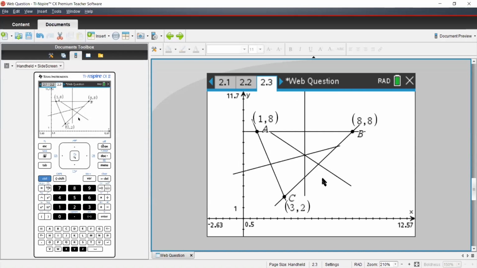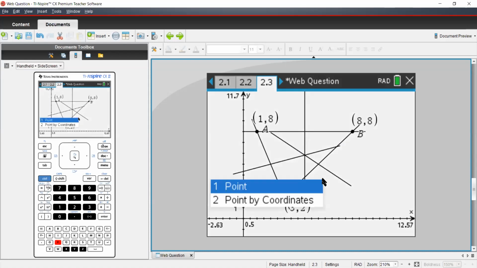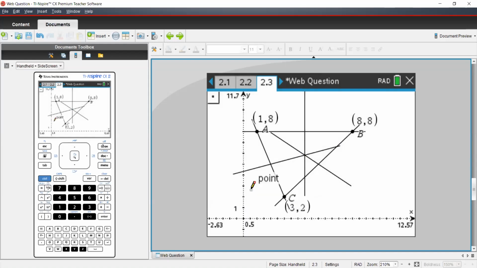To get this, I will again click P, and now we do not have the coordinates of that particular point. So we'll just select a point and drag it to that point. It will show you intersection. Once it shows you intersection, it means you are at the correct point. Just select it, and here you are. So this is the point.